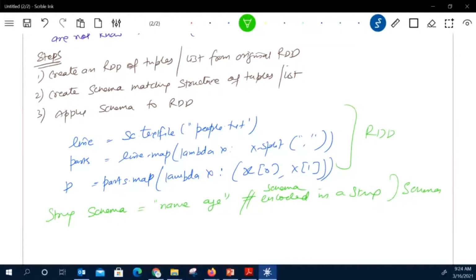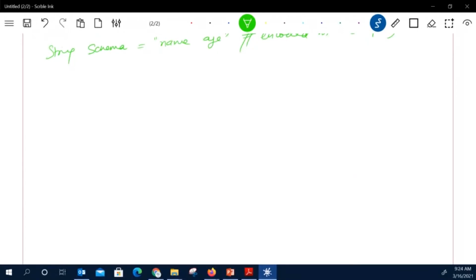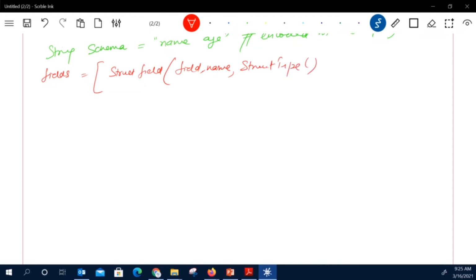Now the next very important step is you need to create fields. How do we create a field? We need to use a construct called StructField. In the StructField I need to define the field name first, and then the type, like StringType.